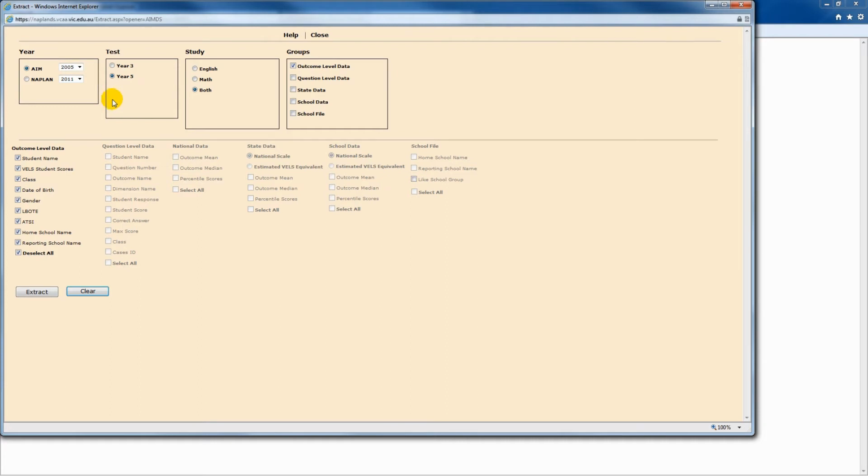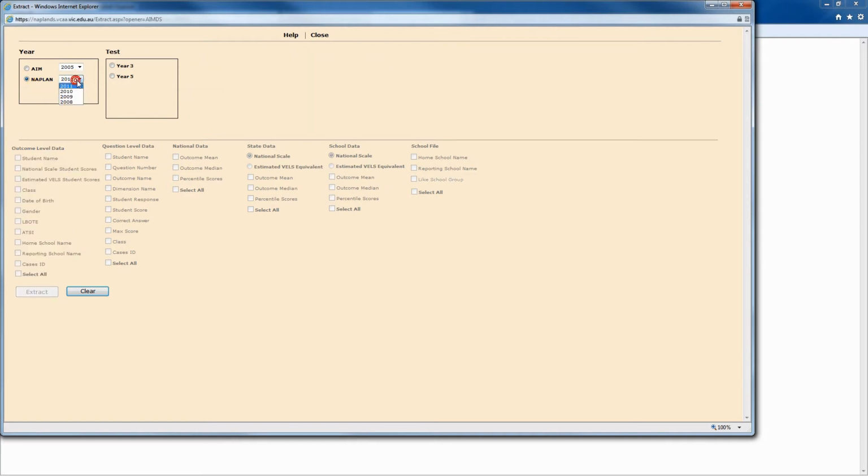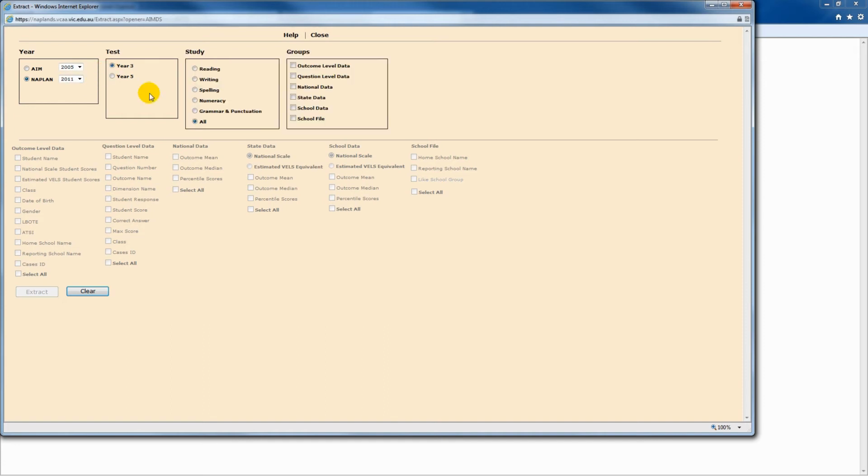So next we want to do the NAPLAN data. So we just come down here and select NAPLAN, choose the year. I'm going to choose 2011, but go all the way back to 2008 if you've not done that already. But the principles that I'm showing you for 2011 are exactly the same for all these other years. So we choose 2011. Year 3,